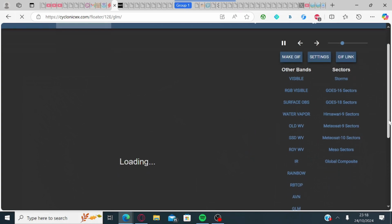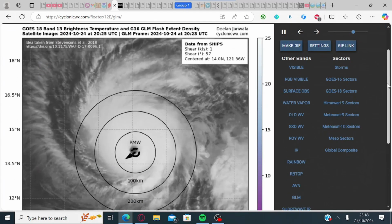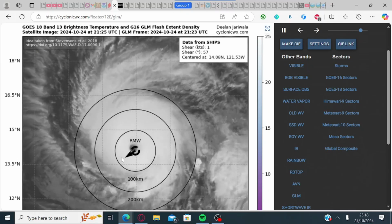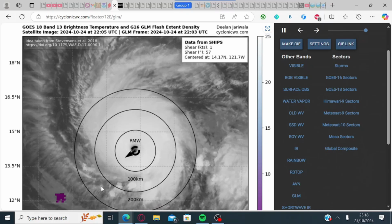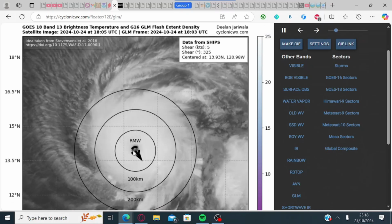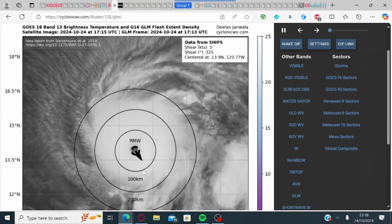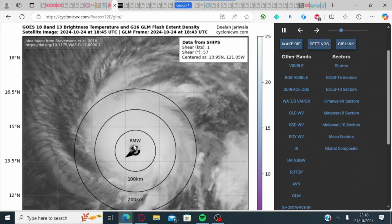And this is starting to become one of my favorite tools, GLM observations. We can see the shear obviously is very low, but this is such a good observation to see the size of the system and its representation. So we can see a 200 kilometer sort of radius, I guess, especially from the north side. Actually, the southern side is a little bit more bare of convection, and there is a bit of a dry slot, but we can clearly see the way that this system has